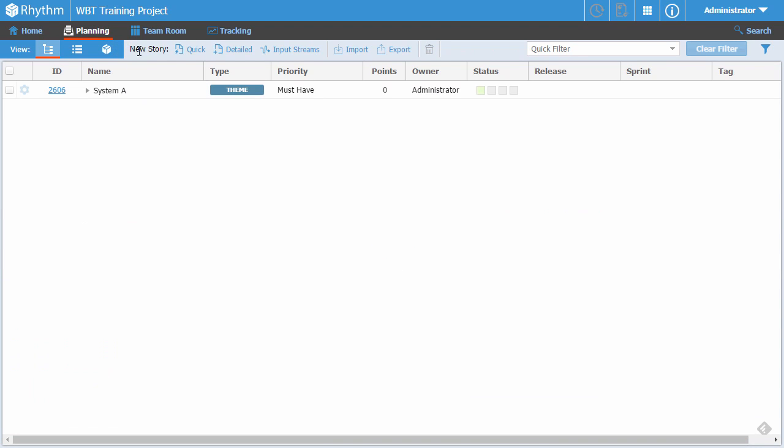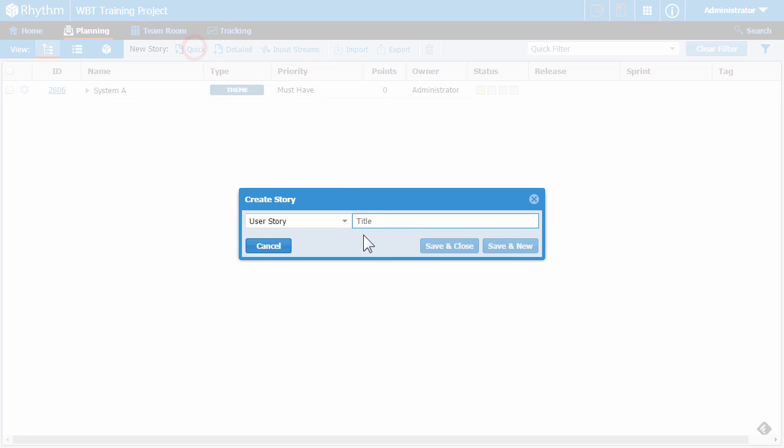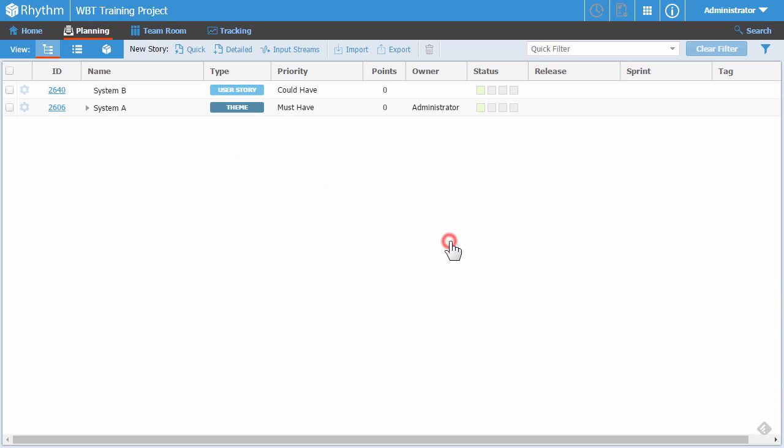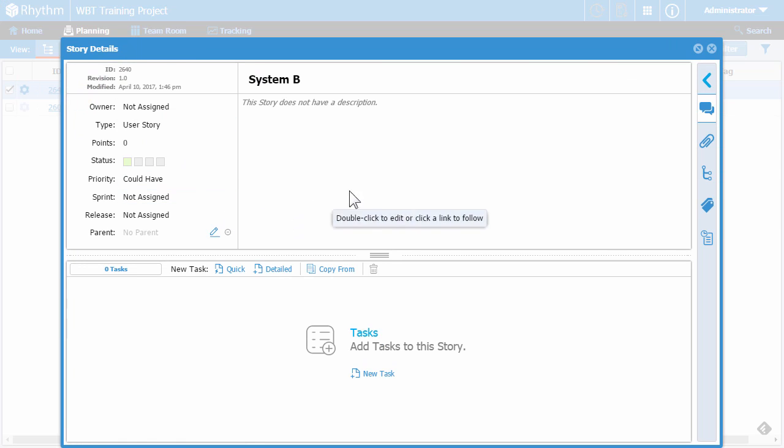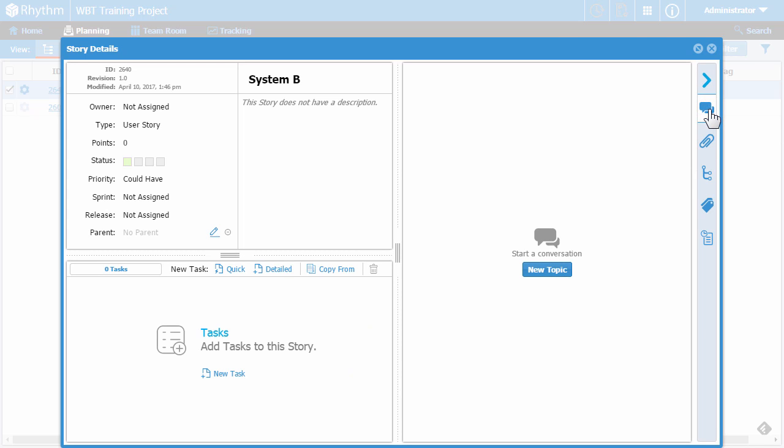For this exercise, we're going to create a new user story called System B. We'll leave the details set to their default values. Now, to start a discussion about this story, we'll click the Discussions button over on the right edge of the